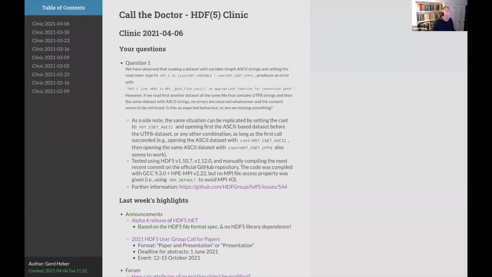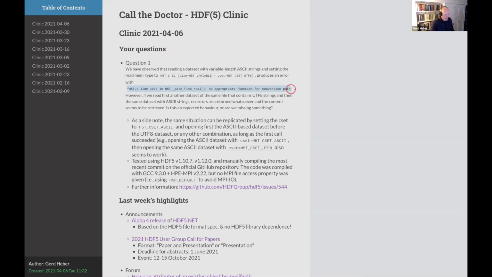So the first thing that happens is when you try to read that ASCII encoded string data set, for example, in the file into a UTF-8 encoded